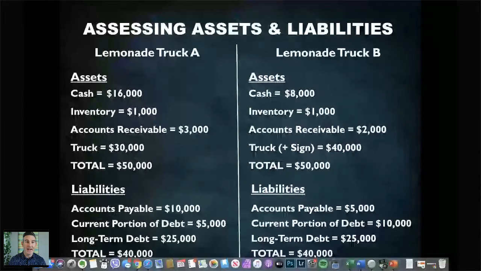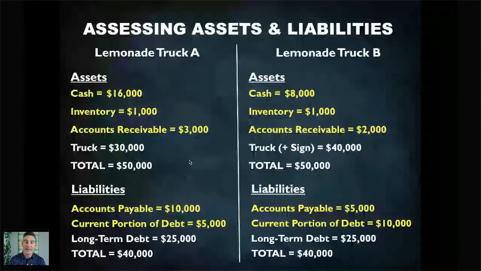I'm just going to highlight. We've got a couple folks talking about the cash, and cash is nice. So I just want to highlight a few things here. I've turned these yellow, and ordinarily on a balance sheet this will be easier to see. What I've done is highlight everything that's current, whether it's an asset or a liability, and we're just going to focus on those for a second.